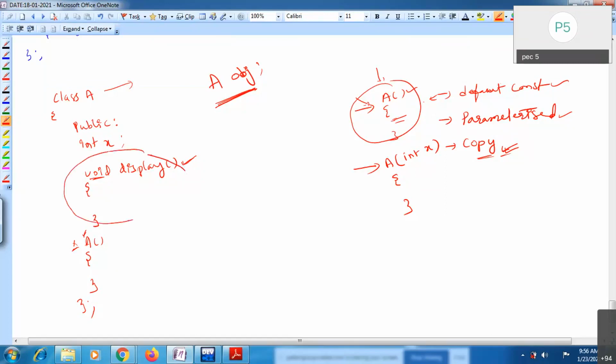For example, if you want to call your member functions, you need to call them through the object.